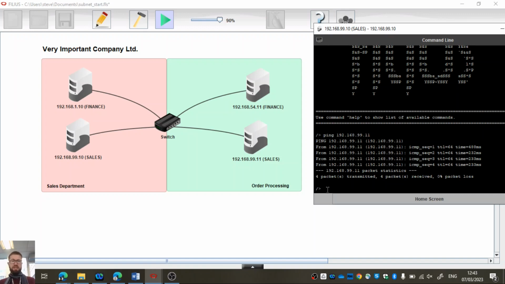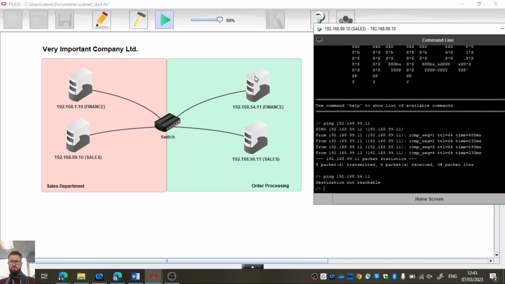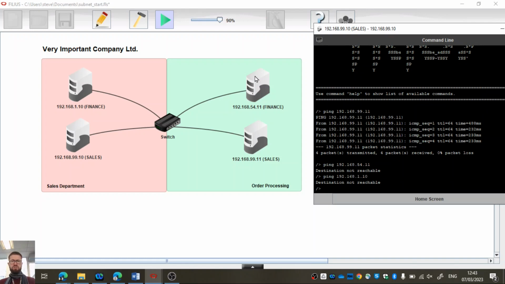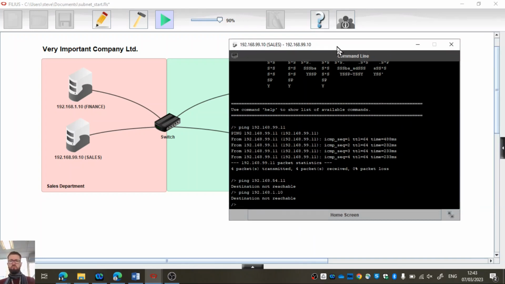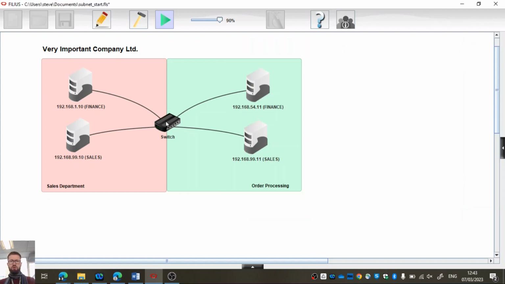Now, let's see then if I can actually ping this machine up here. So if I go ping 192.168.54.11, destination not reachable. Okay, so that makes sense. And then if we go ping 192.168.1.10, destination not reachable. Okay, so we have turned one physical network into 2 logical subnetworks, where we've got this computer and this computer on one subnetwork,